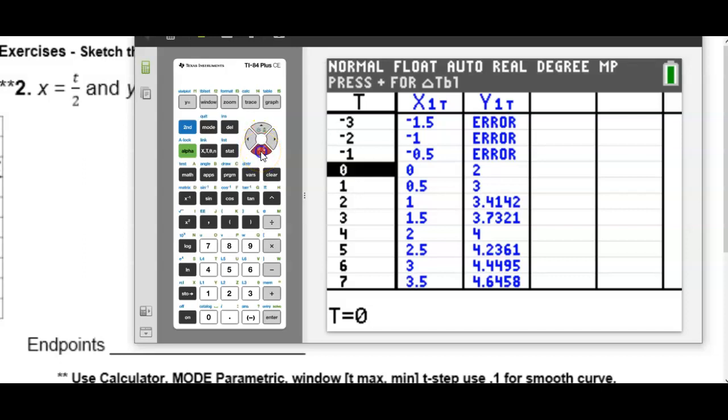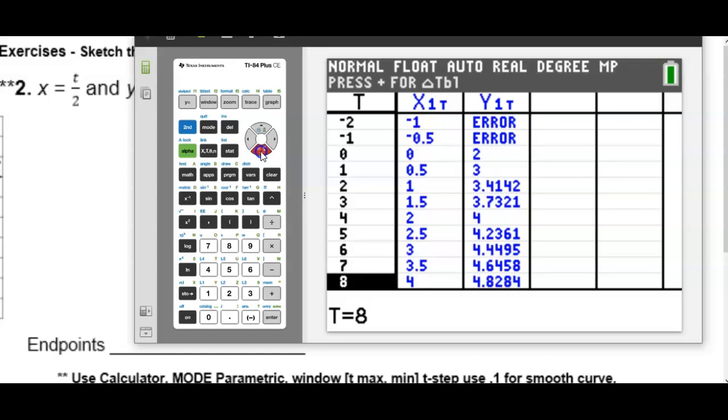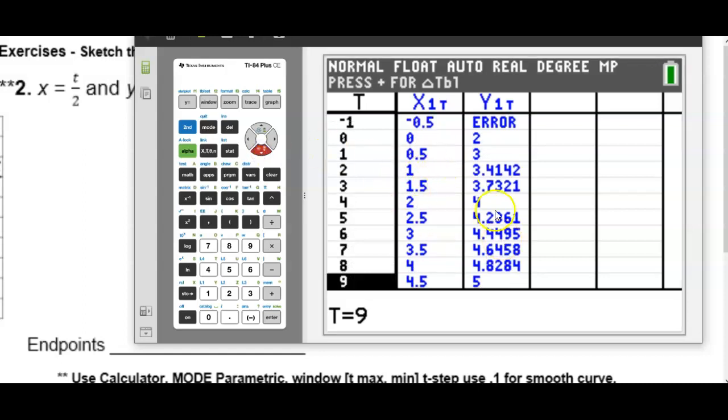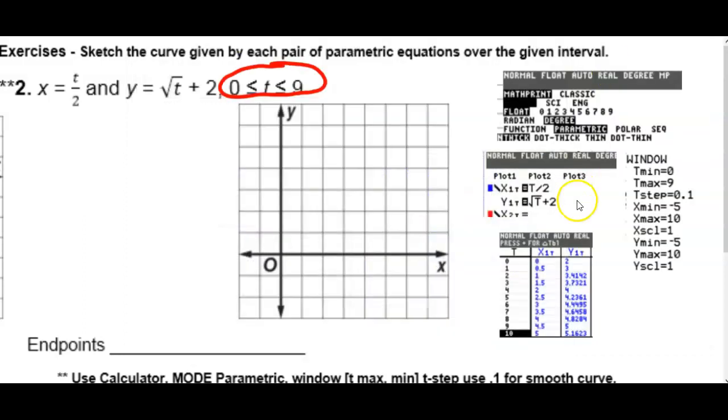All right. And go to 9. So there's the values we're supposed to plot. Notice because of the square root, they're really ugly. So I have them down here. I'm going to try to plot them real fast. Remember, we're plotting these as ordered pairs. We're not plotting the t values. So over 0 and up 2, over 1/2 and up 3, over 1 and up 3.4,